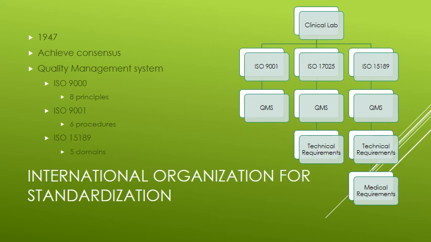So what are the requirements that are there? ISO 15189 is divided into 5 sections, or 5 domains. Domain 1 is the scope. Domain 2, the normative references. Domain 3, the terms and conditions. 4, the management requirements, and 5, the technical requirements. The bulk of the document consists of the management requirements and technical requirements in sections 4 and 5. And so these are the sections that we use in the clinical laboratory to assess our procedures and our